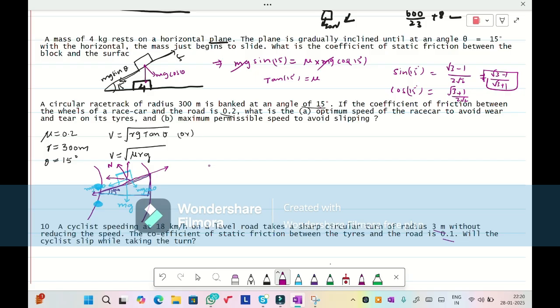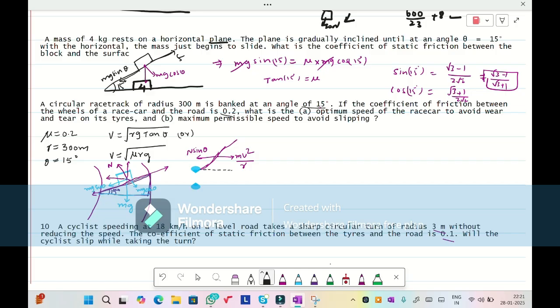So now on this block, there is a centripetal force acting like this, the centrifugal force mv square by r. So now this mv square by r and n sin theta are equal, which means that due to the banking angle, the component of normal force